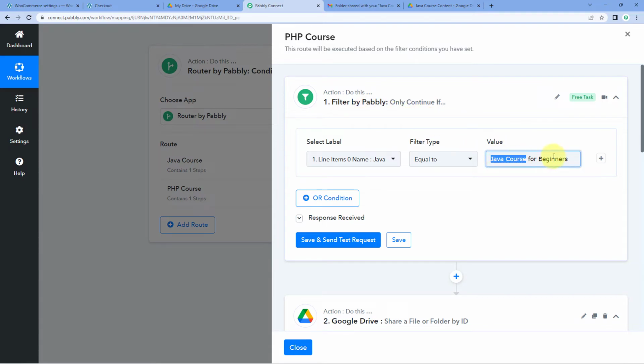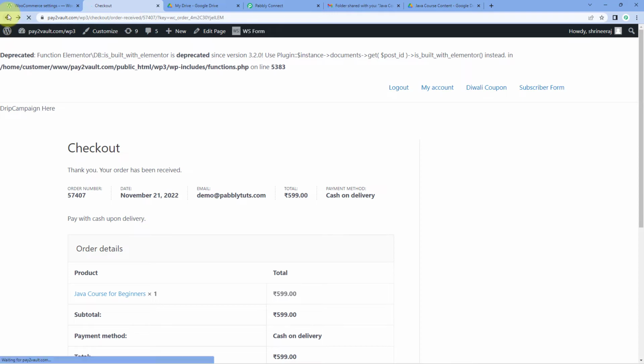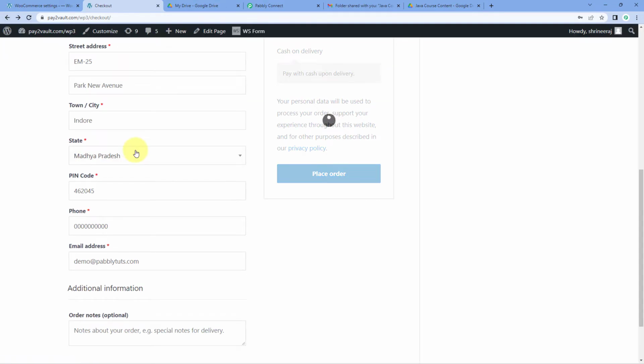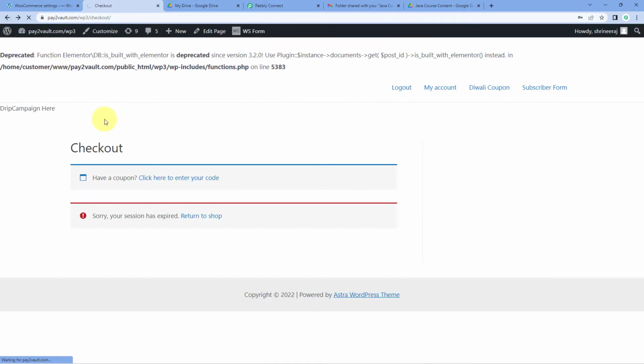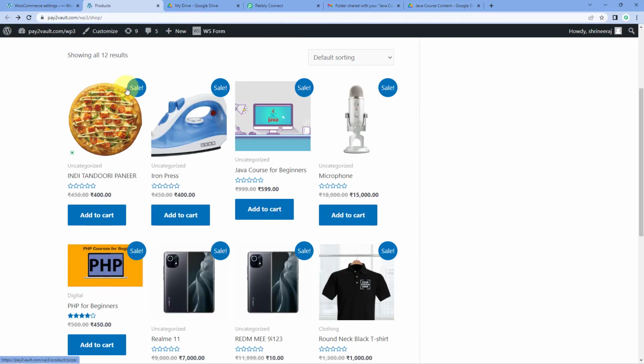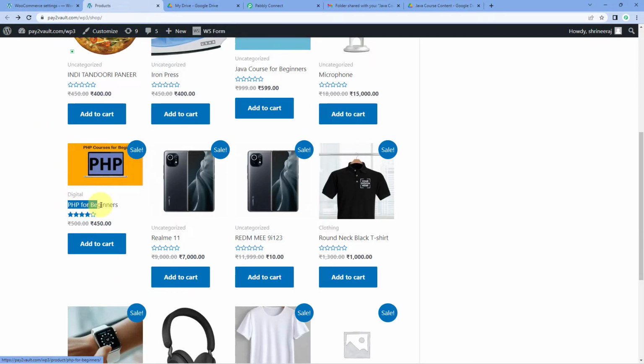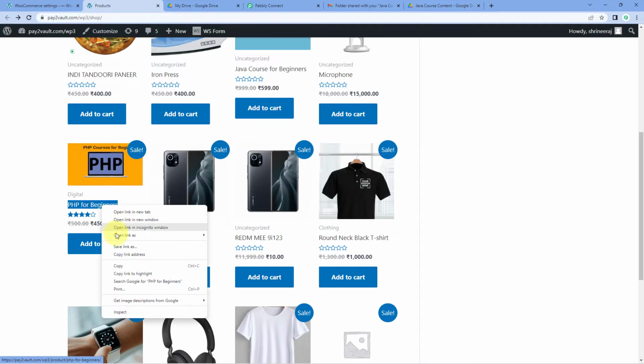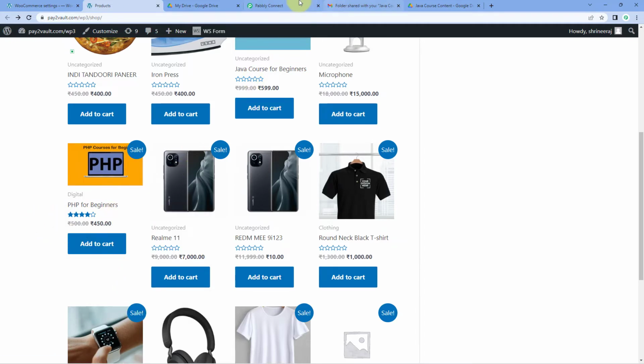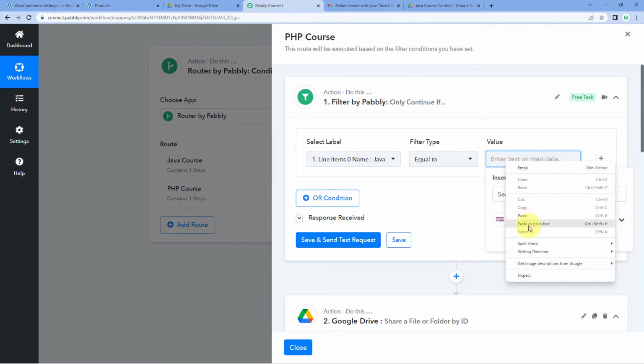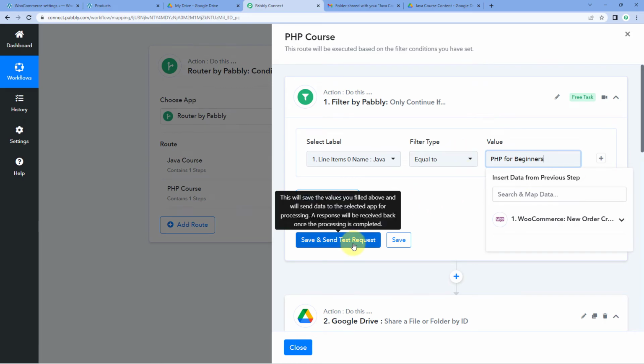So here in value, we have to change this name to the name of the product of our PHP course, our second course. So here, let's go to a WooCommerce store and we have to exactly copy the same name without any spaces or any changes in the text. So this is the name of the product, PHP course for beginners. Just exactly copy the same name and paste it over here in this filter and click on save and send